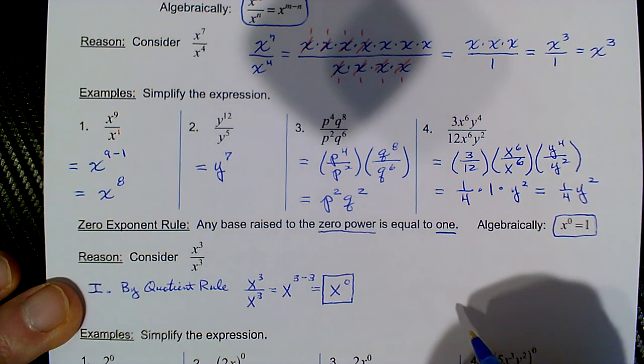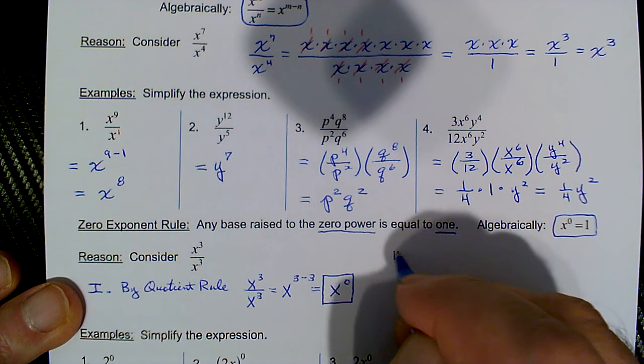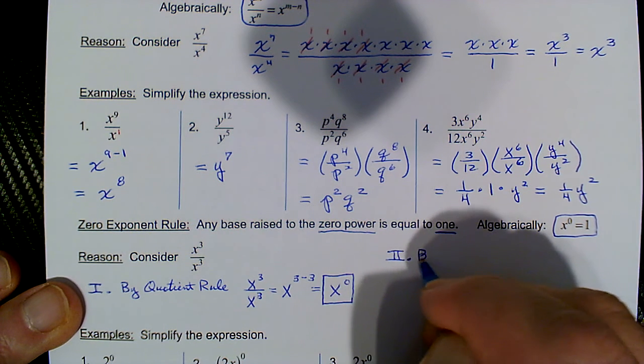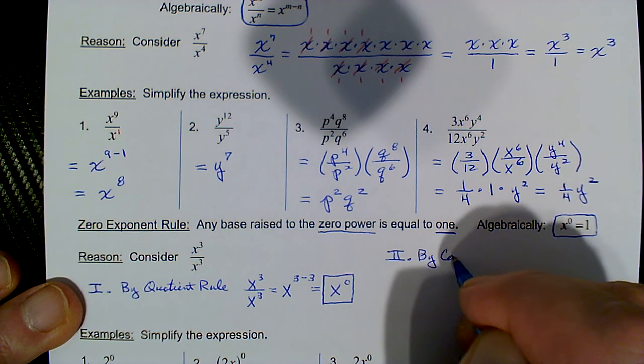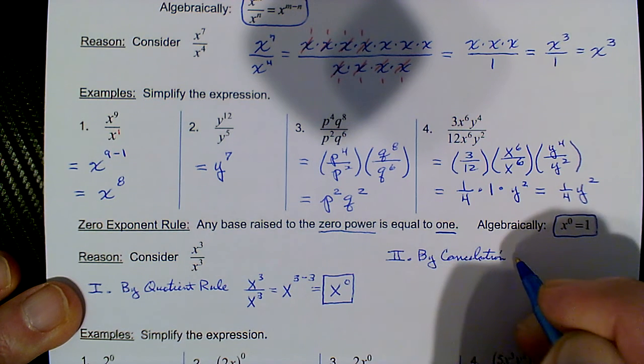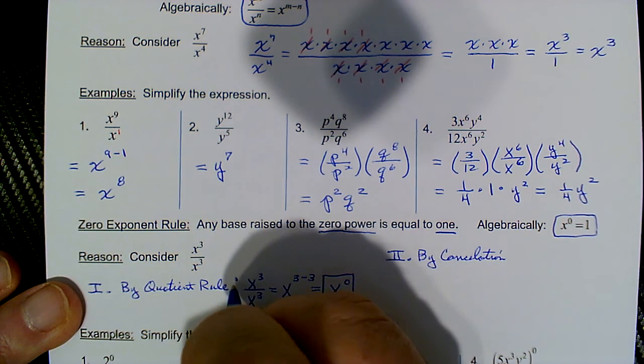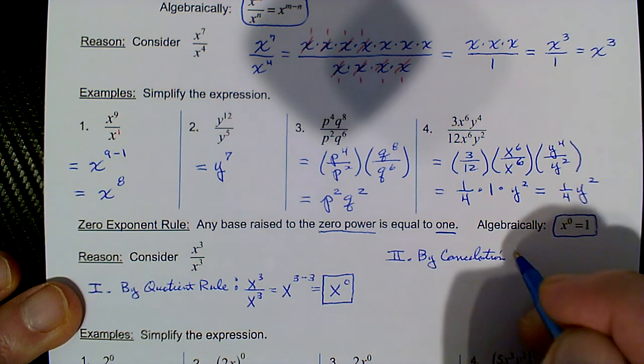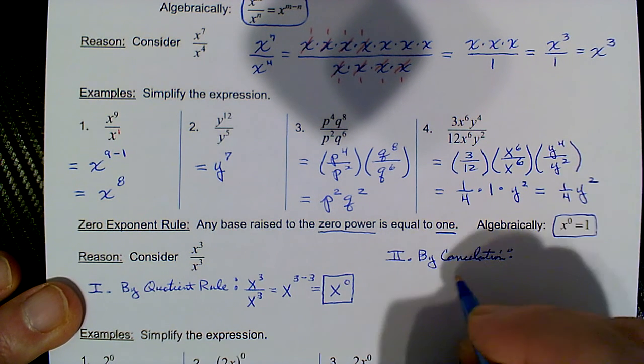So that's our result. But then if we do it by cancellation, so this was using one method, the quotient rule. By cancellation,